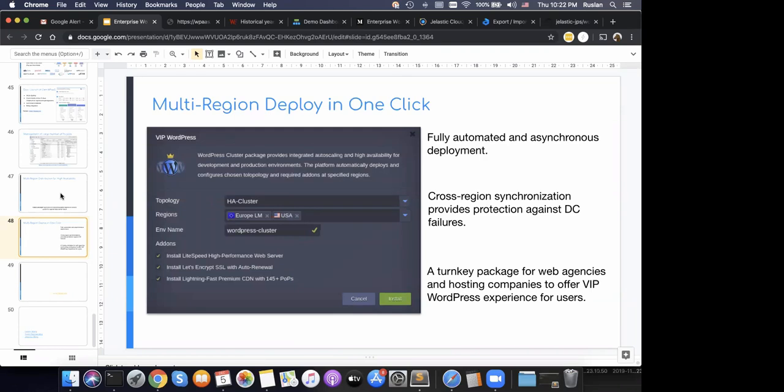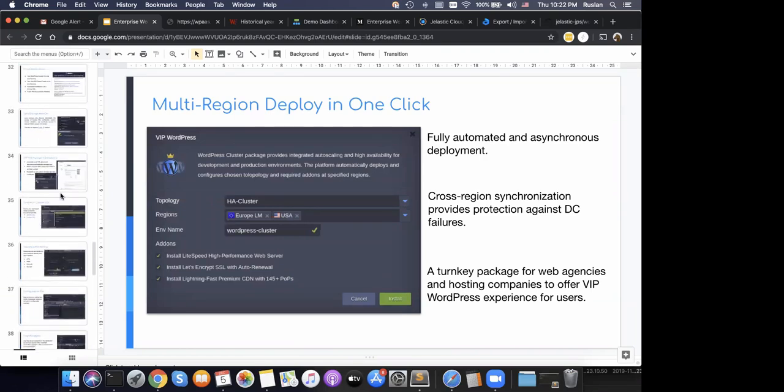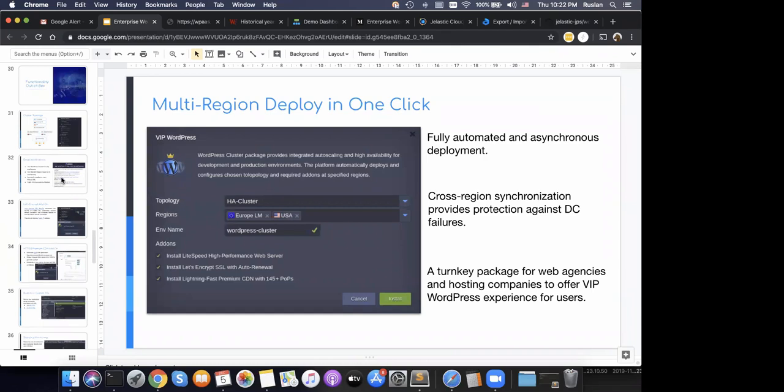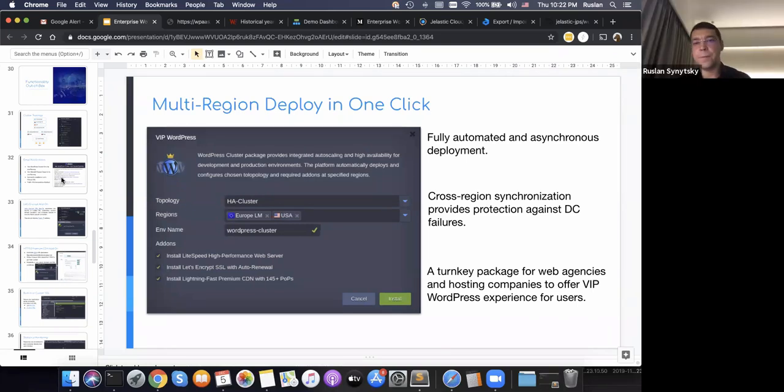Okay, thanks, Ruslan. One more technical question, and then we will get back to two business ones. How do you deal with CI/CD and deploy WordPress sites from, for example, GitLab to the cluster? Okay, very good question. We use CI/CD for our own website. We integrated with a Git repo. It works in the following way. We have two clusters at the moment, in Europe and in the United States. I'm talking about how it works specifically for the Jelastic website, how we use it internally. So we have two production clusters, and they are connected to a Git repo.